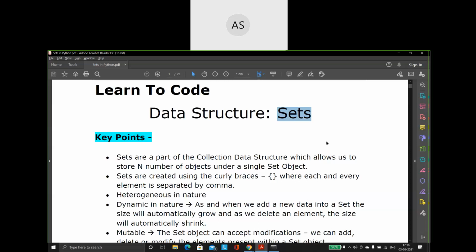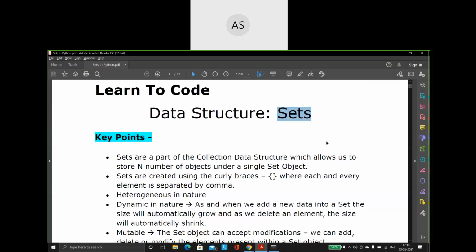Here we saw some important pointers like keys should always be unique, values can be duplicated, and then we saw different functions related to dictionaries. And then we saw the concept of nested dictionaries. So these are some things which we covered with the dictionary.